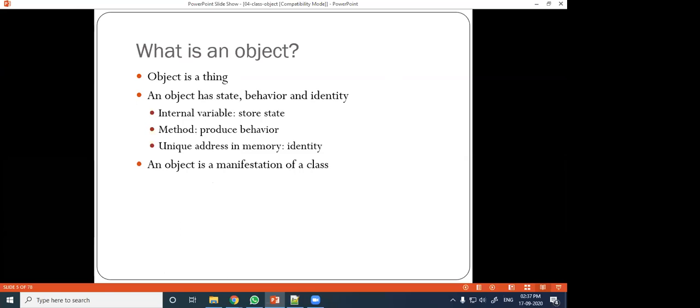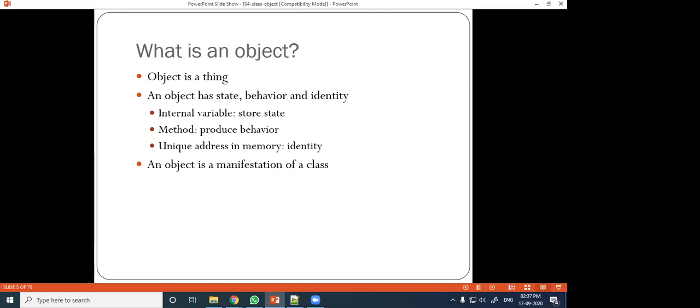What is an object? An object is a thing. Already we have discussed what an object is. Like, a pen is one object. Whatever we look at in the world, all is an object. From that object we can easily identify what type of object it is.